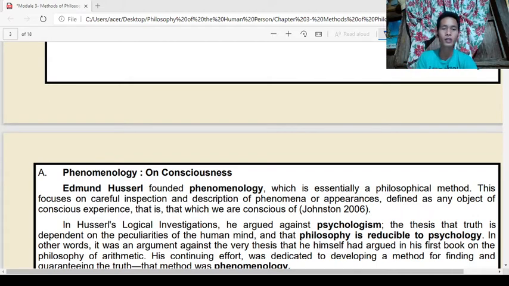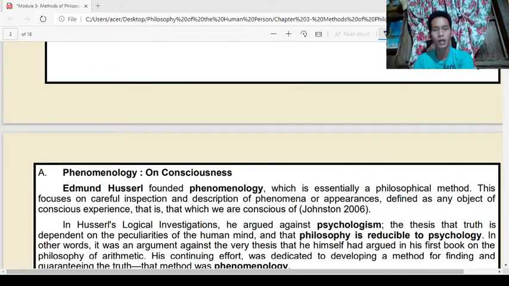Take note, phenomenology as a method of philosophizing, or philosophical method, focuses on careful inspection and description of phenomena or appearances, di ba? Phenomenology. So from the term itself, masabda nato, it studies phenomenon. It studies phenomena or appearances. So phenomenology as a method of philosophizing focuses on the inspection and description of phenomena or appearances, and defined as